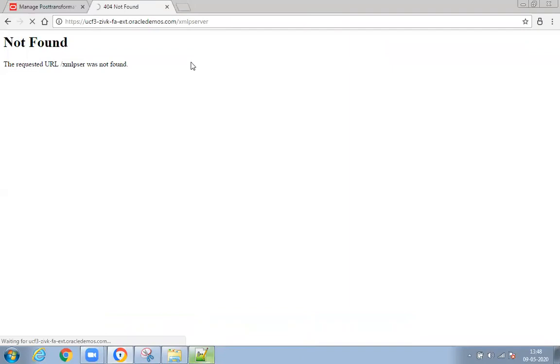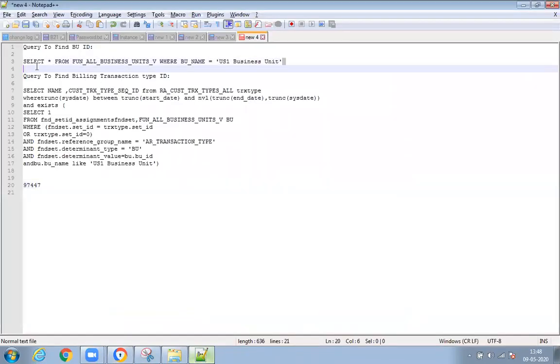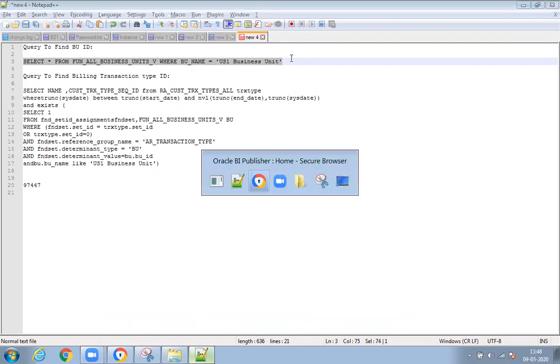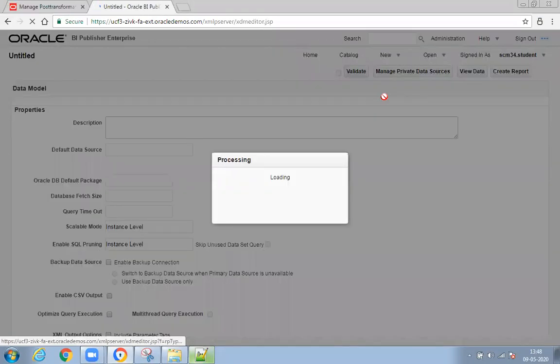XMLP server. So I already wrote a query here. Let me execute the query.